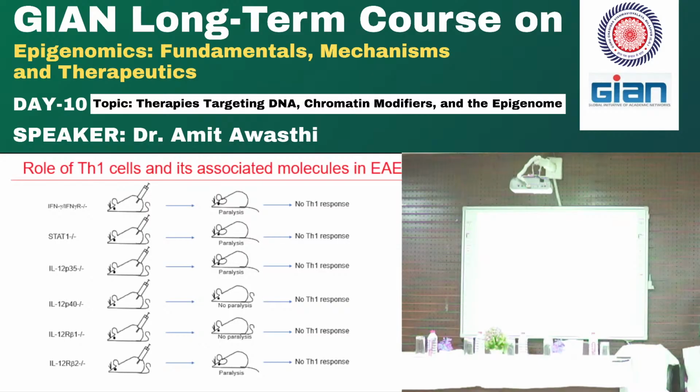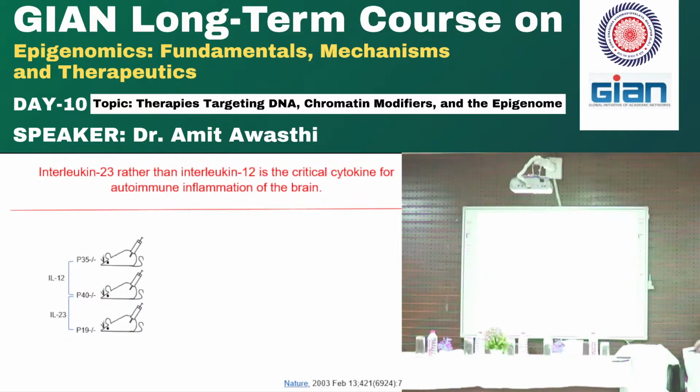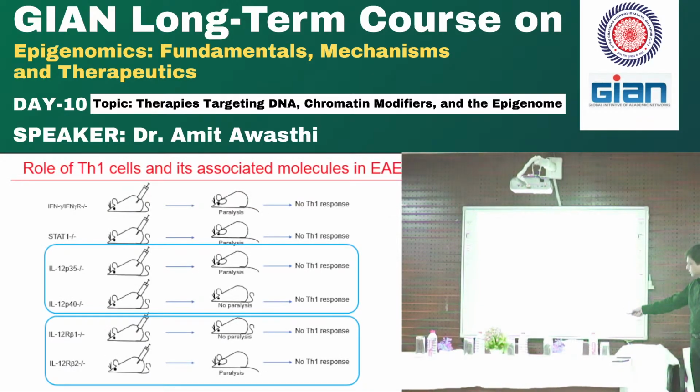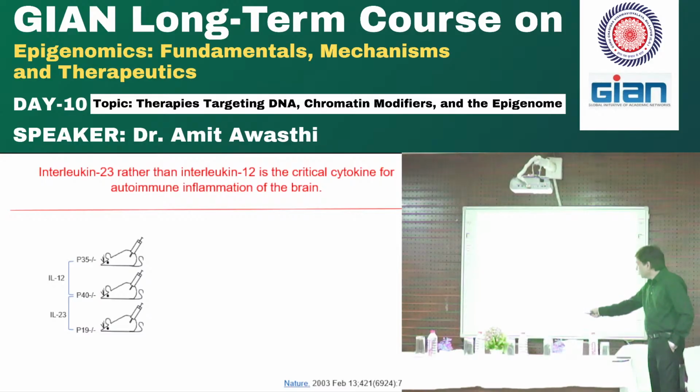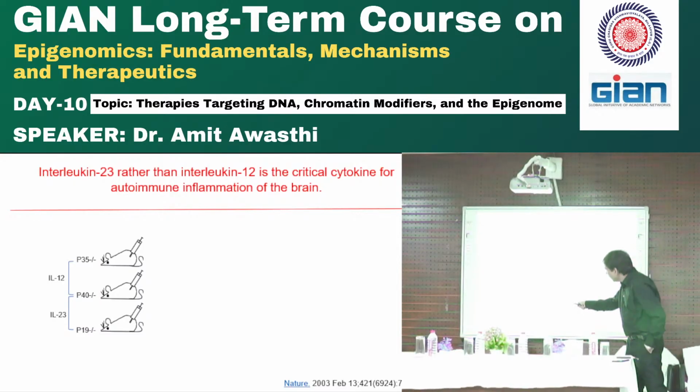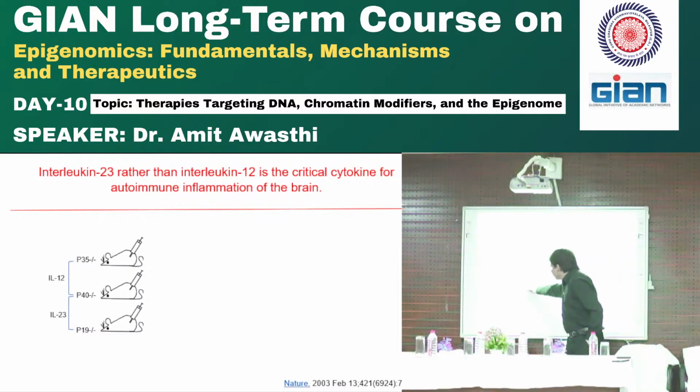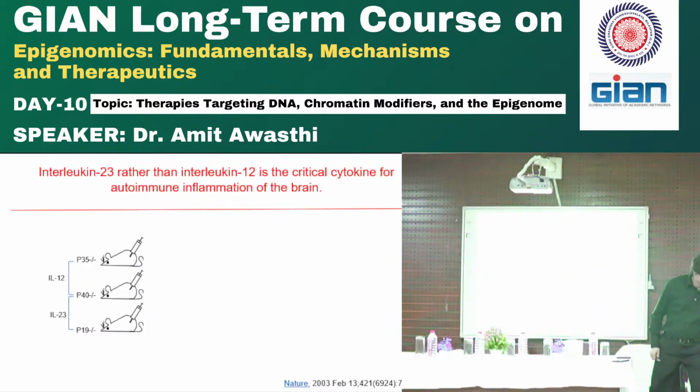So ये एक्सपेरिमेंट को सॉल्व करने के लिए now this experiment has been done which got published in Nature in 2003 that actually dissect everything. आपका जो मेजर कंफ्यूजन हो रहा था वो यही हो रहा है, राइट। तो इसको डाइसेक्ट करने के लिए 3 नॉकआउट माइस उन्होंने लिए, एक लिया P35, एक लिया P40, एक लिया P19, ठीक है। ये जो दोनों हैं, ये दोनों होंगे तो ये बनेगा, ये दोनों होंगे तो ये बनेगा। अगर इसमें कुछ नहीं हो रहा है तो इसकी वजह से भी हो सकता है, इसकी वजह से भी हो सकता है ना। अगर इस चीज में कोई फिनोटाइप आ रहा है, तो या तो इसकी वजह से है या इसकी वजह से है, राइट। तो